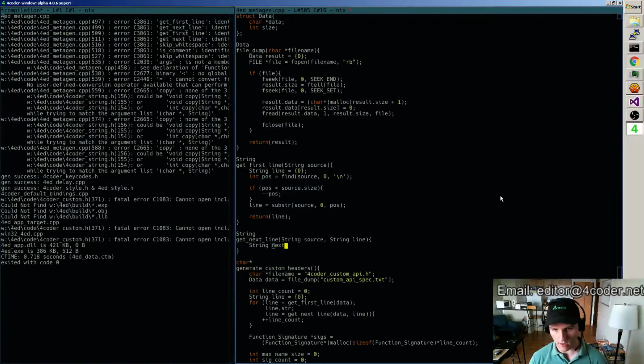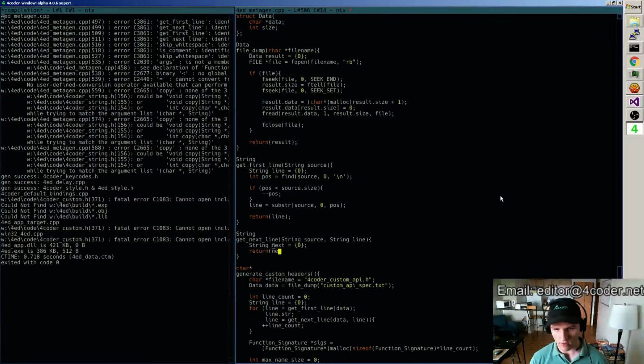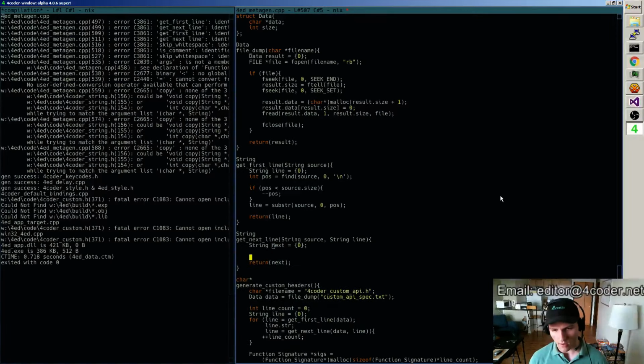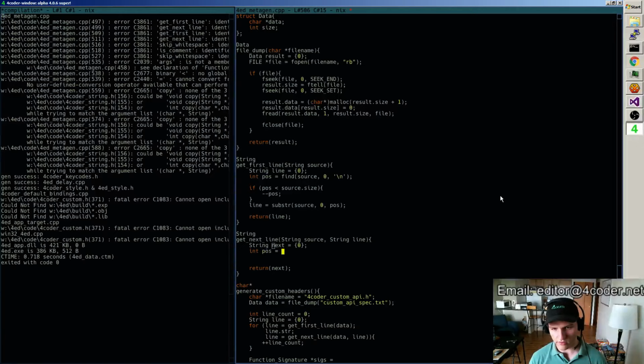We'll call this next and return next. And then int position is going to start off by being the line dot size, or the line dot str, minus the source str, right?